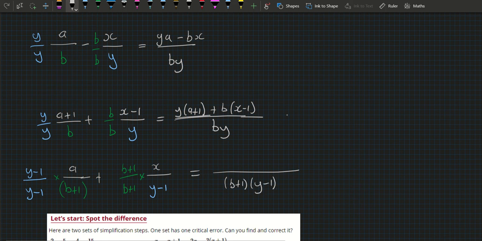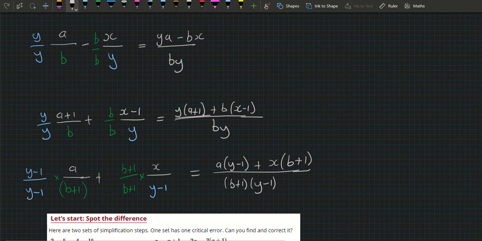When I say which order, as long as everything in the brackets is correct, it doesn't matter which bracket I write first. So I'm going to say a times (y minus 1), plus x times (b plus 1). Hopefully it's not too complicated for you, me using these purely algebra symbols, but they're just to show you